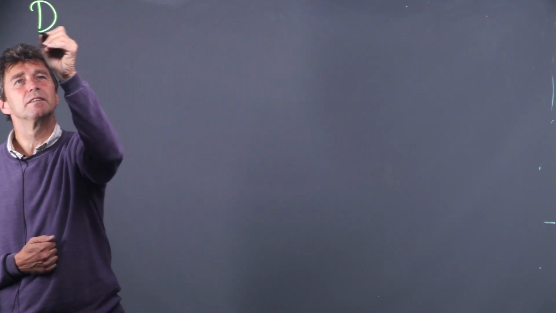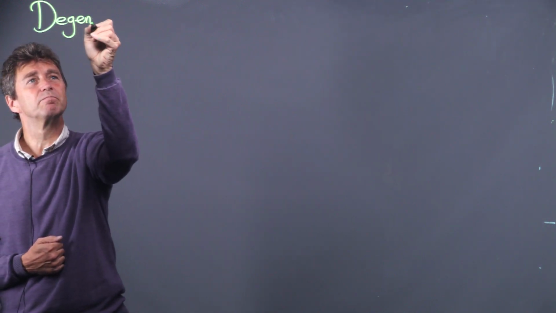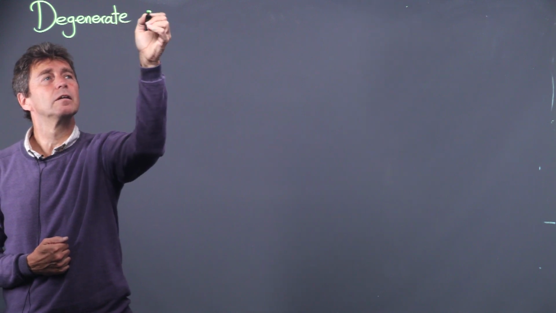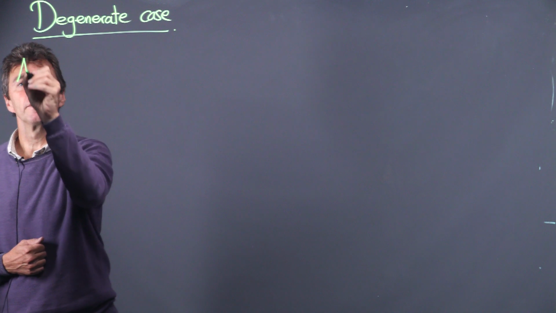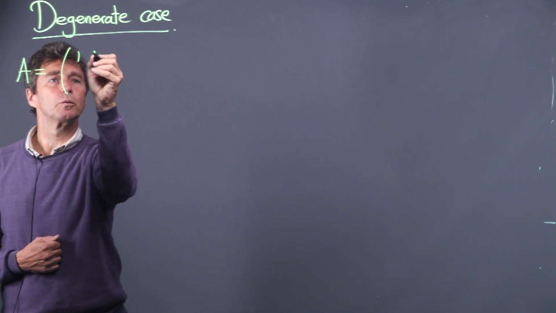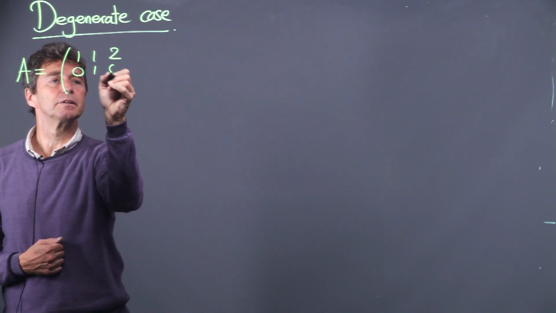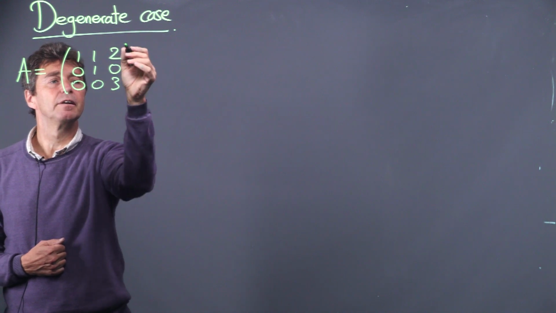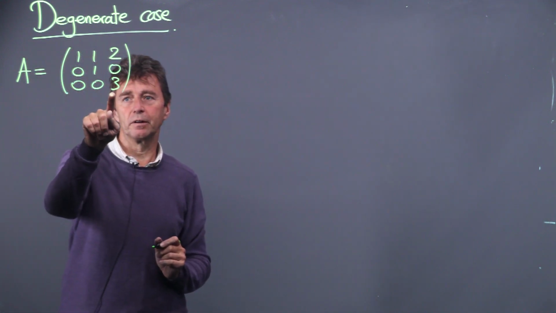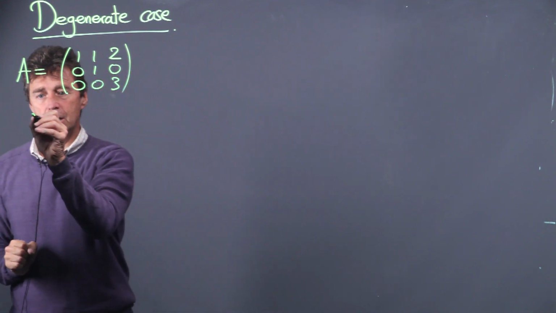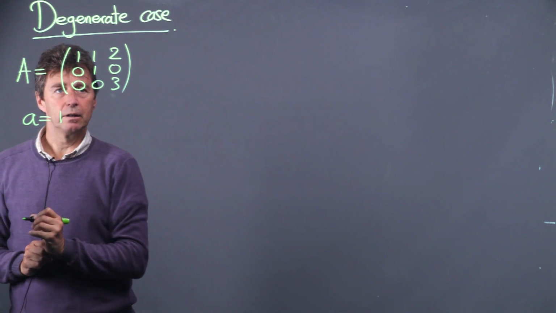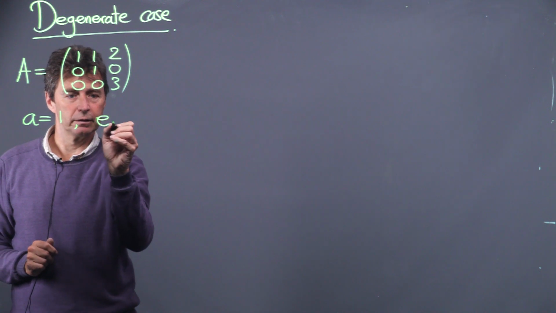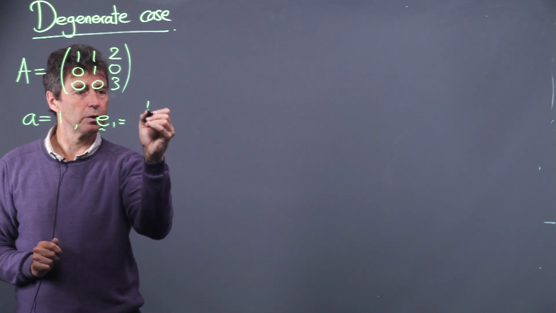Okay, so now we're going to look at the degenerate case. Let's do it with a quick example. Let's look at A is [1, 1, 2; 0, 1, 0; 0, 0, 3]. So I'm not interested in the case where the eigenvalue is 3, it's 1. And if I have a quick look at that, you discover that the only eigenvector that works is (1, 0,